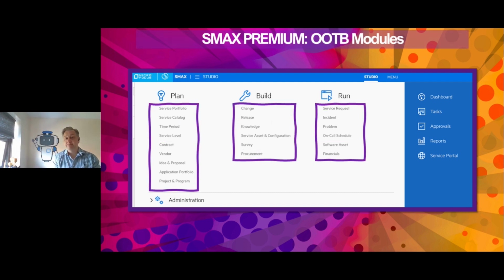Then when we look at premium, well, as you can see, it's absolutely everything. So there's no restriction with a SMAX Premium, and you get all of those capabilities out of the box with it. So we just wanted to highlight the differences between the three. One other thing to note, as I said, all those items that are in the blue, the dashboard, tasks, approvals, reports, and service portal. Similarly, under administration, which I'm not showing in the menu, that also includes pretty much common aspects that are available to all of those different